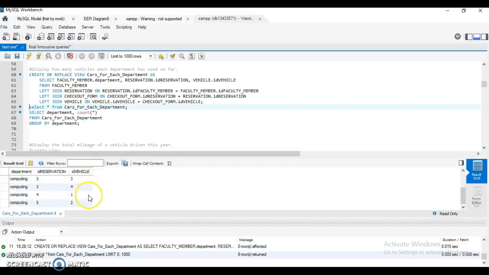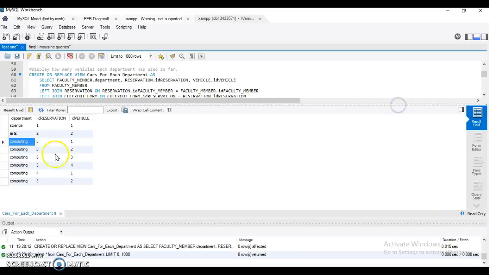Okay, it's showing us that the science department has 1 vehicle, 1 reservation. Arts has 2 vehicle 2 and 1 reservation as well. Computing has 1 reservation that has vehicle 1, 2, 3, and 4, and another 2